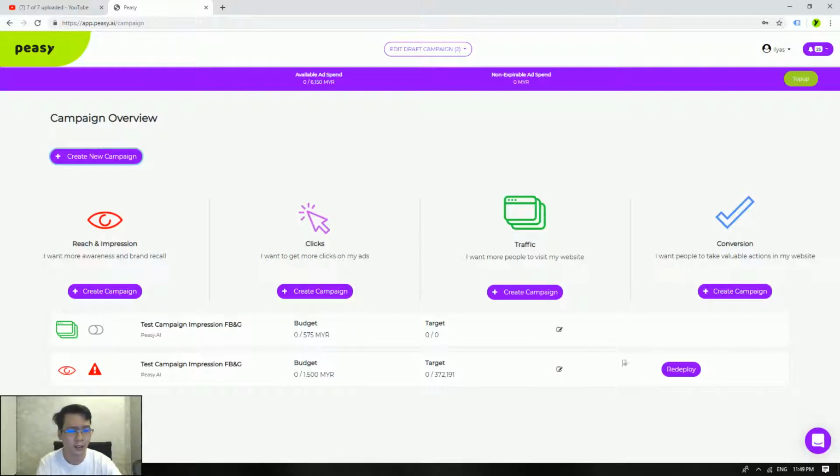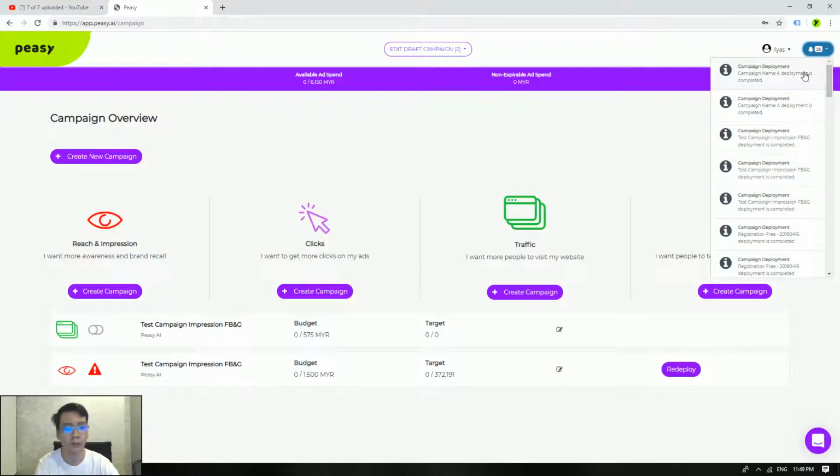So yes, say in the case that there is a failure in terms of deployment, you can also click on redeploy campaign. This will actually redeploy the campaign, but be sure to check exactly what the issue is here, which you can do by clicking on the bell icon here. The bell icon here is actually your